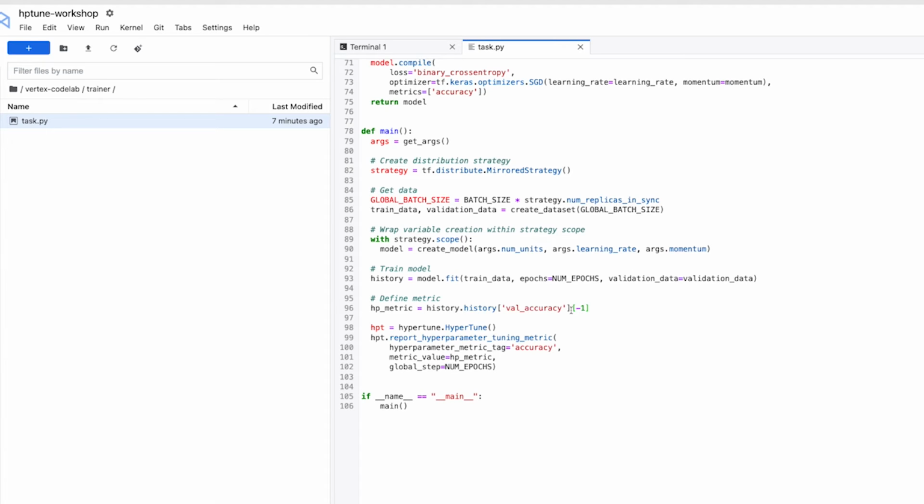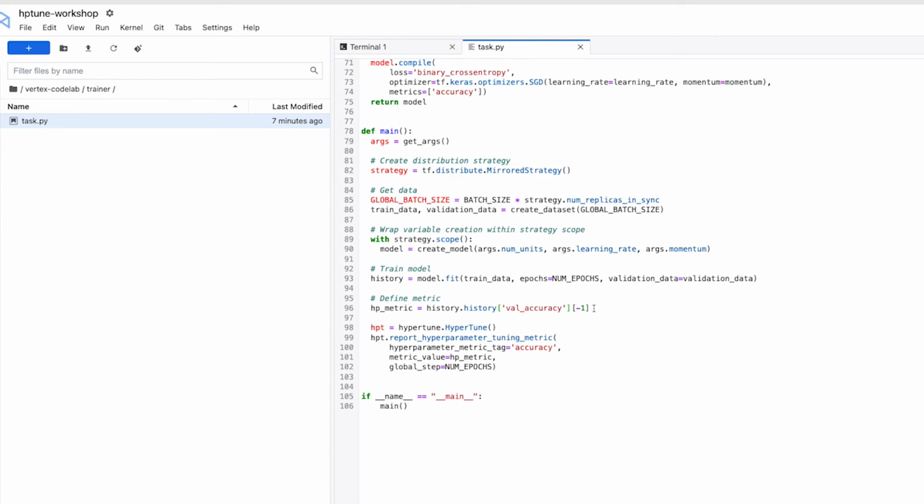So here I'm just extracting out the validation accuracy key, and I'm pulling the last value from that list because we want the last epoch's accuracy measure. If you're using a different framework such as scikit-learn, I think scikit-learn has that accuracy score function. So that's really what you would use here. This is just your calculation of the metric that you care about.